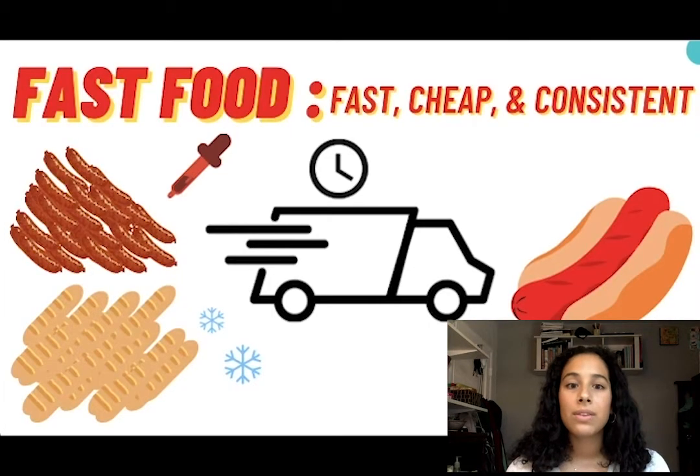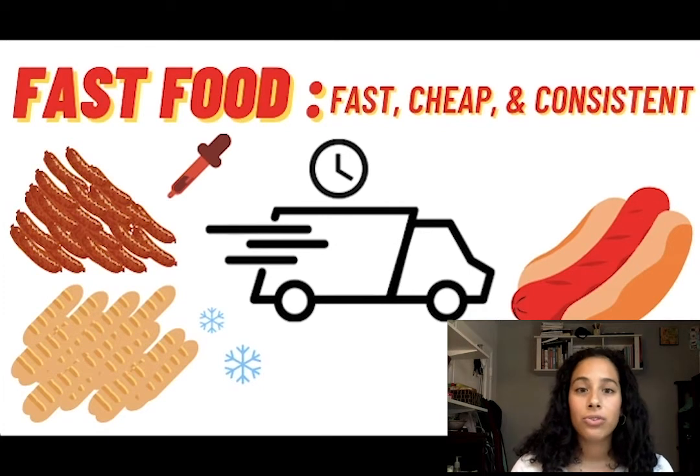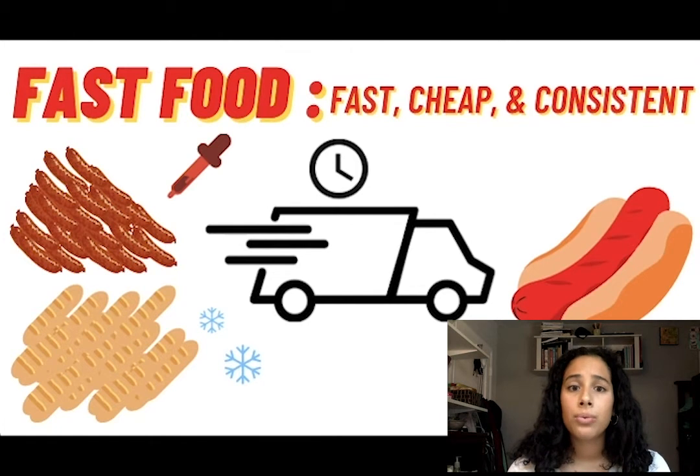To make this food fast, shortcuts are taken. Mass production and industrial agriculture allows companies to make lots of food fast and cheaply. One of the reasons fast food is cheap is because chemical additives are added to make them last longer. This means less food is thrown away, saving large companies money. Chemical additives also allow for a consistent, appetizing product.